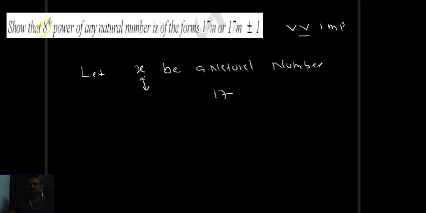x may be co-prime to 17 or x is a multiple of 17. Only two things happen because 17 is a prime number. Students, listen: 17 is a prime number. Take any natural number. Either that natural number is co-prime with 17 or it is a multiple of 17. I will show you through an example. For example, take 2, a prime number. Take any natural number of your wish.